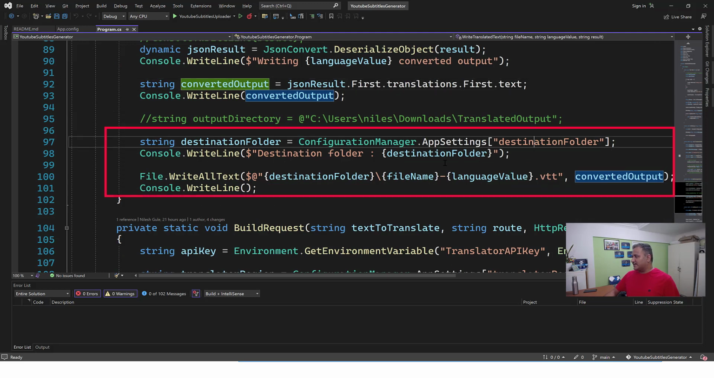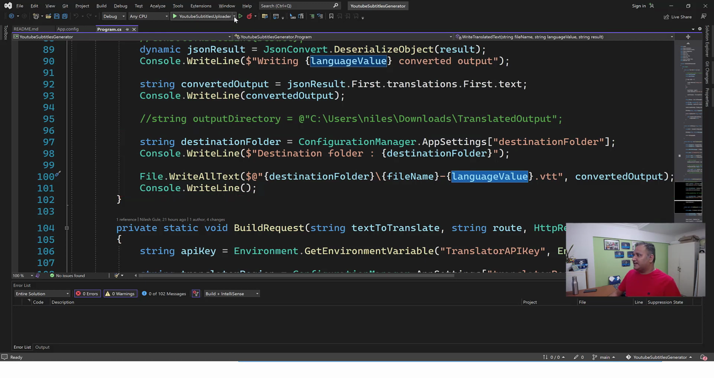And this is where we take the destination folder into account, and we build the file name dynamically, and we also append the language to it. So let's look at this quickly. In my configuration, I've added the input parameter. So let's go, and instead of the uploader, I need